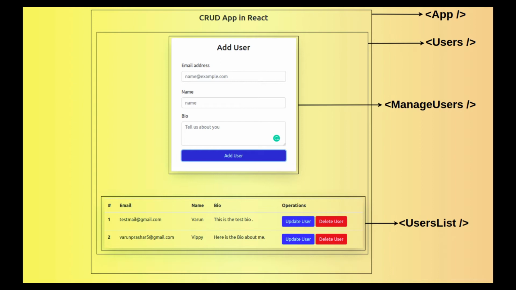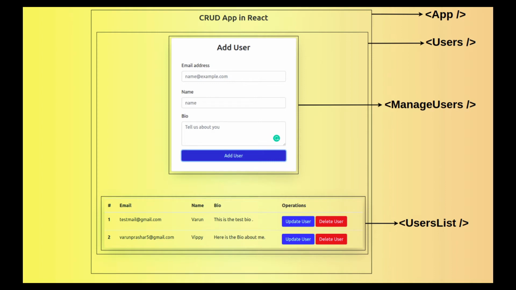Like we can have multiple UI components. Similarly, we can have different table components, table body and table header component. But I have managed to share those components which are playing an important role in this application. So you can see that the first component is the app component. My whole application will be wrapped inside the app component.